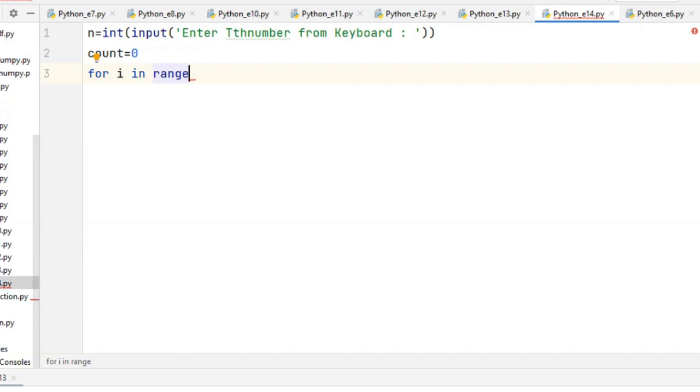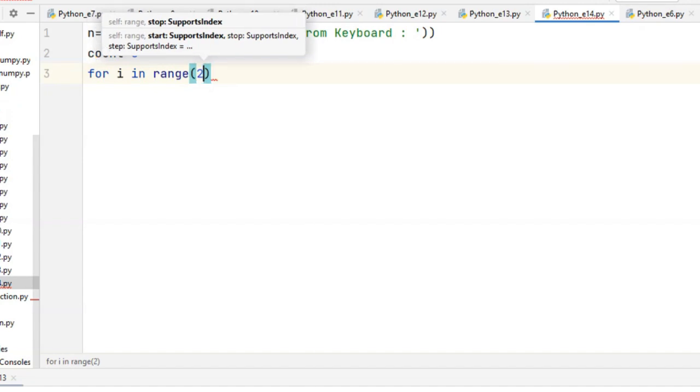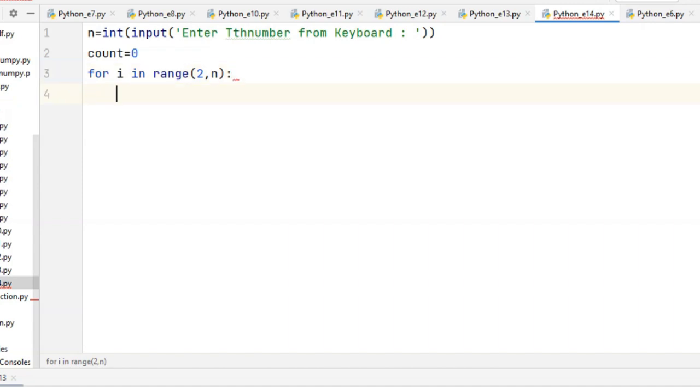because a prime number is a number whose factors are only the number itself and 1, or in other words, a prime number cannot be divided by other numbers except 1 and the number itself. So if that is the definition, in the range from 2 up to n, from 2 up to n,